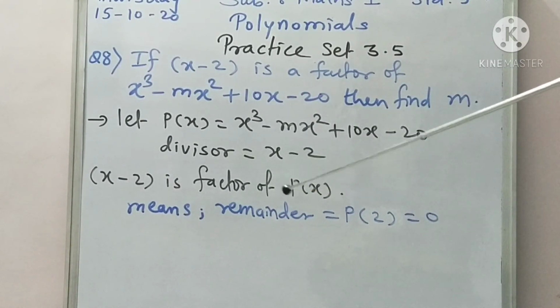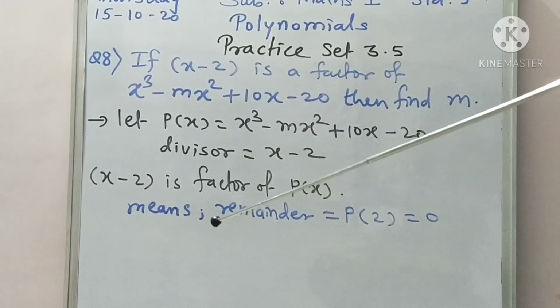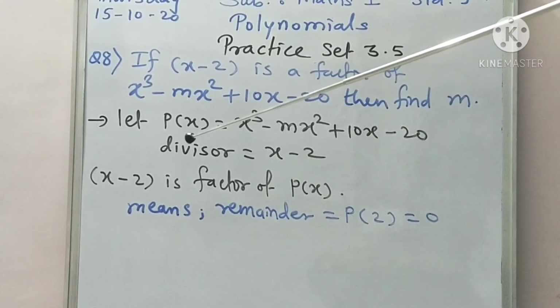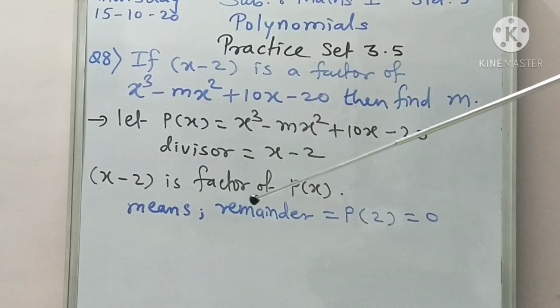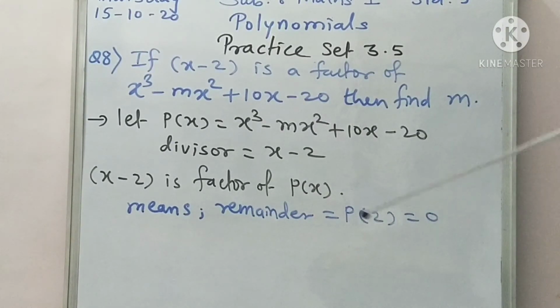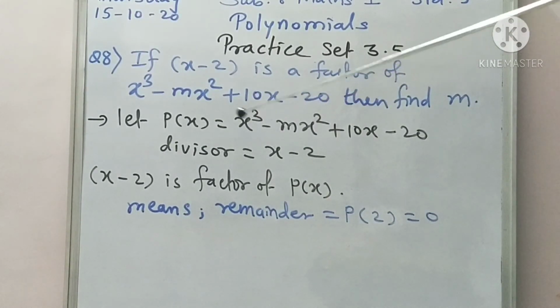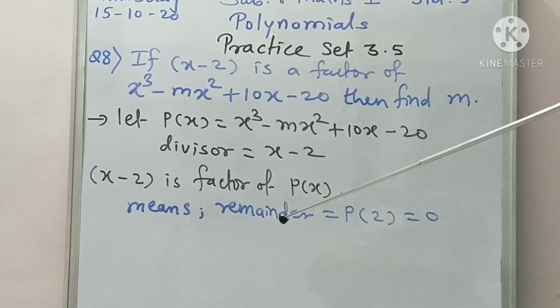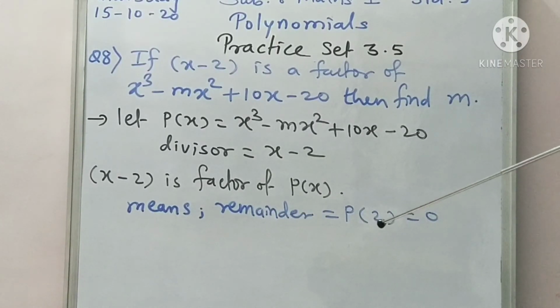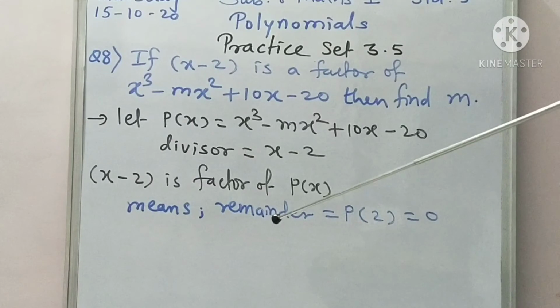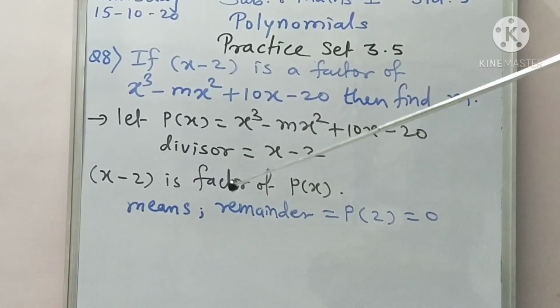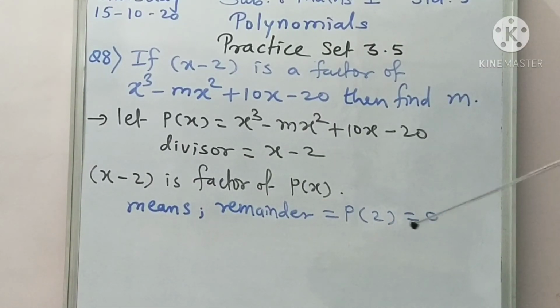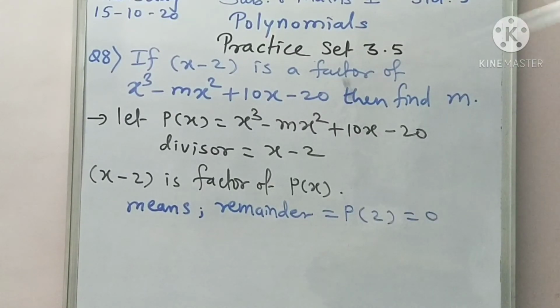Okay, so what do we do here, students? Yes, we use the factor theorem here, and we put x equal to 2 in this polynomial, and we take that value as 0, because according to the remainder theorem or factor theorem, as we put x equal to 2 we get the remainder, and if it is a factor, then the value of the polynomial for x equal to 2 is 0.